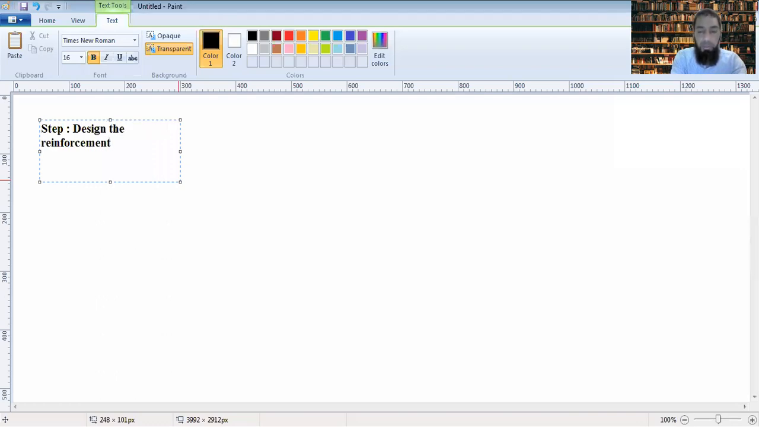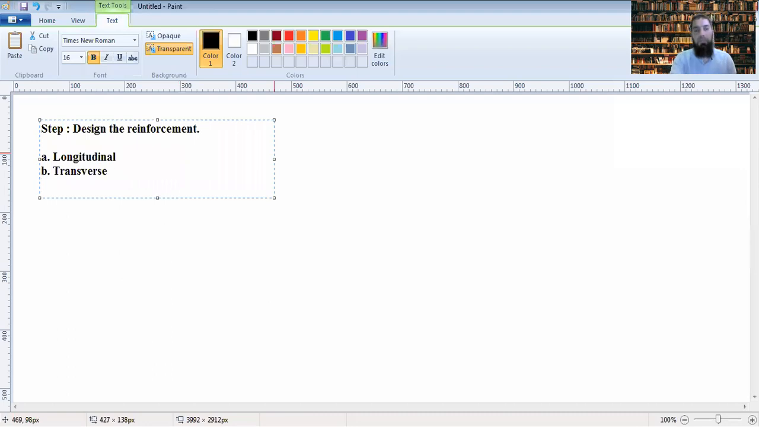Now there are two reinforcements. One is longitudinal and the other one is transverse reinforcement. Now in longitudinal reinforcement, what we do is,